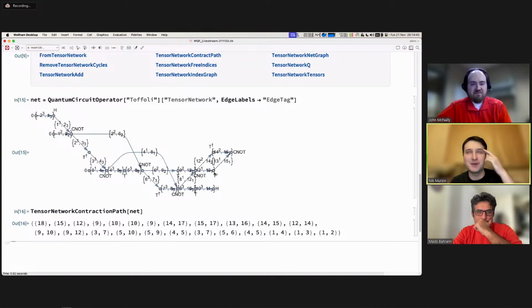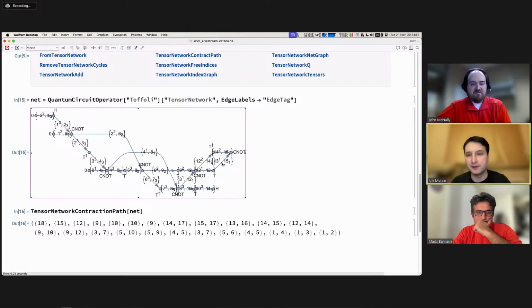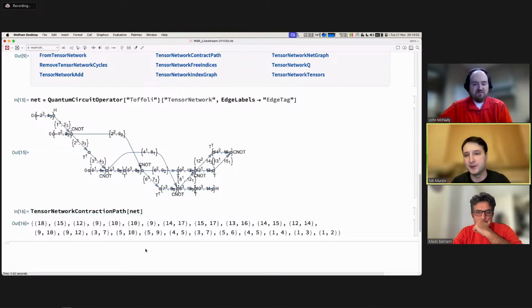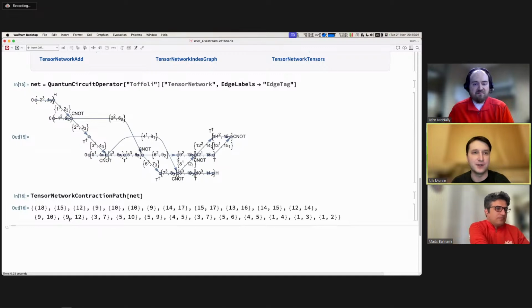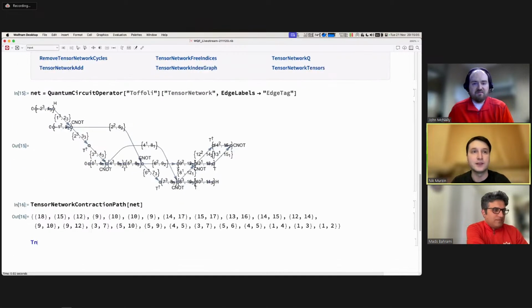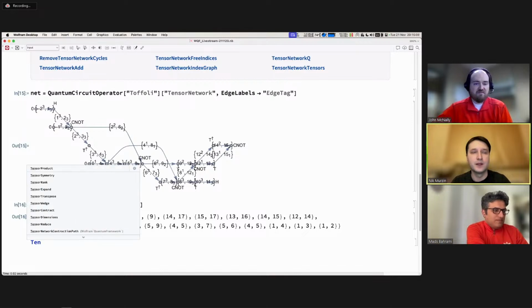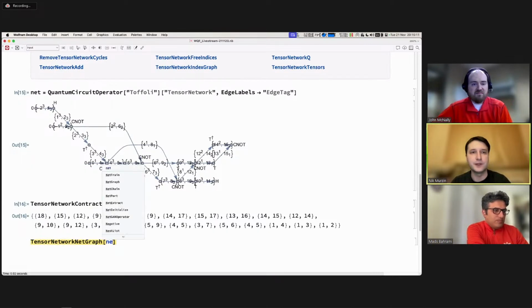This is also an experimental function that can turn any tensor network like this, with a particular contraction path, into a net graph object. But it's not going to be functional in general. I can show you this particular example. So tensor network graph, right? Net graph. If you just feed it this net and this path,